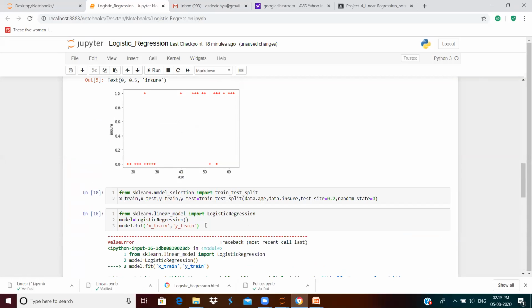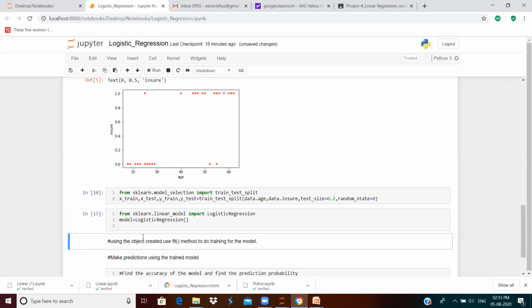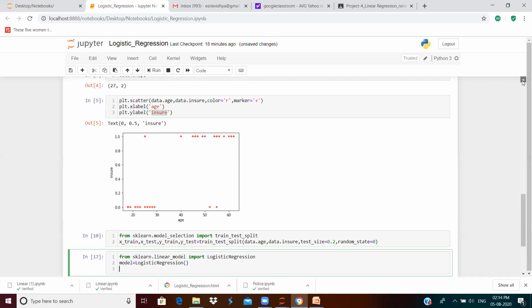This library is not loaded properly. Just one minute, I'll check. Let me execute from the first.